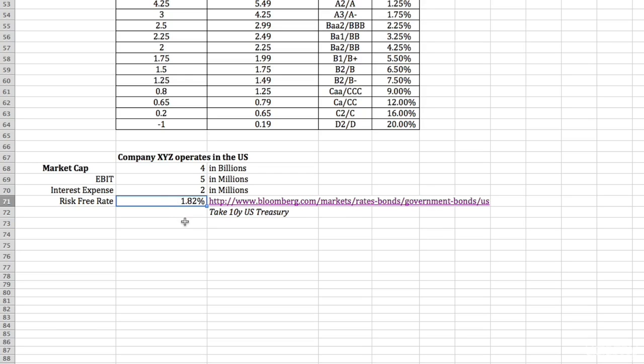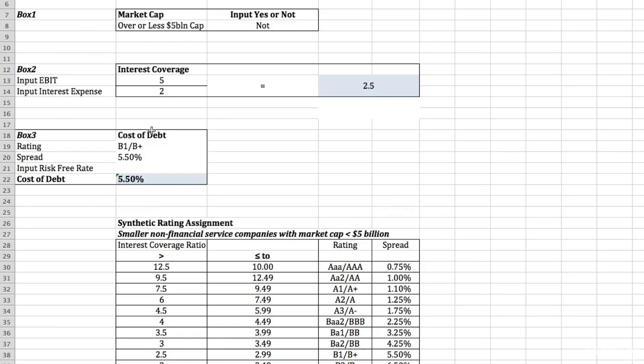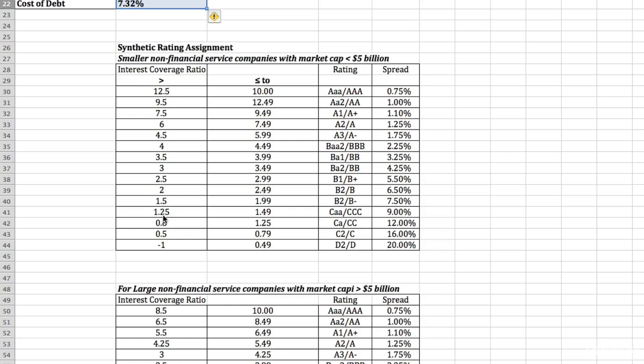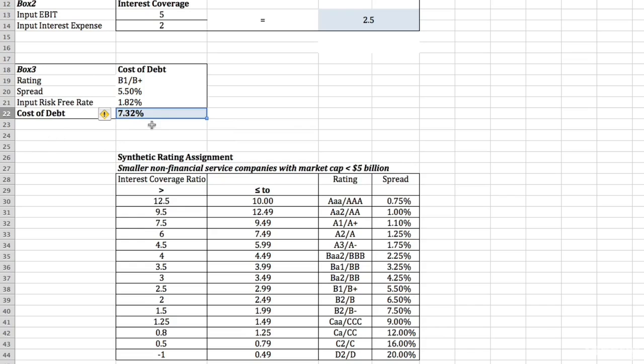So I found the risk-free rate at 1.82%. But if you go on this link here and you find the 10-year Treasury bill, you're going to take this rate here, and this is going to be your risk-free rate. And therefore, if we go in our spreadsheet here and we input this cell, which is the risk-free rate, we recall the cell here, we finally have our cost of debt, which is